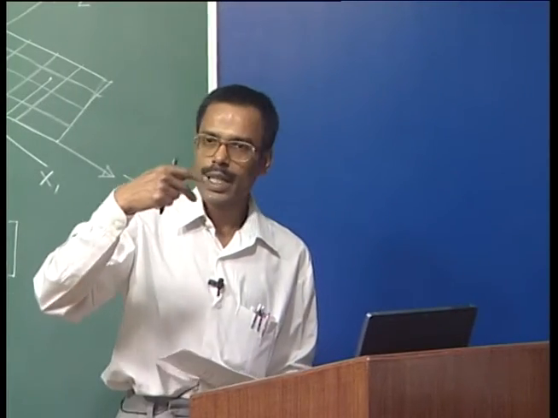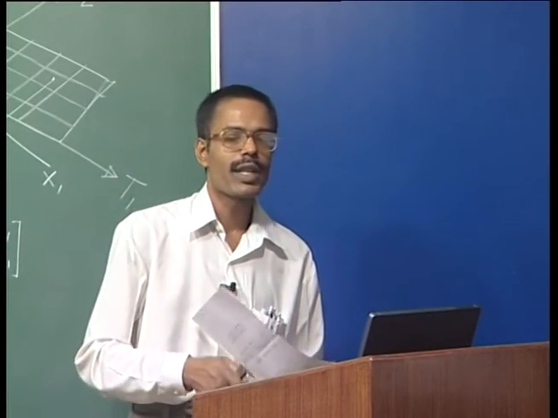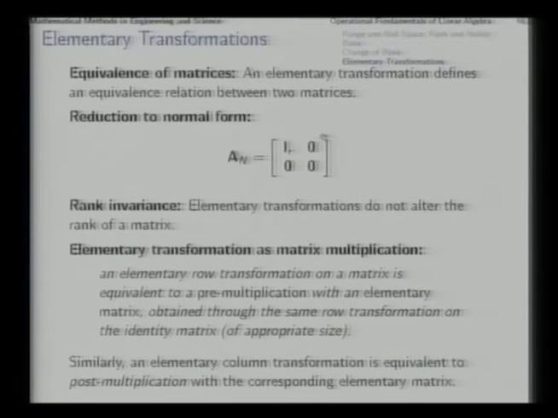Now, through elementary transformations, you can reduce any matrix to this normal form, in which there will be a leading square block of R by R size of identity matrix, and then everything else is 0. Any matrix you can reduce up to this form through elementary row transformations and elementary column transformations. You can note that in this, other than dimension and rank of the matrix, nothing else survives. The rank shows up here in R. So, this identity matrix is of size R by R.